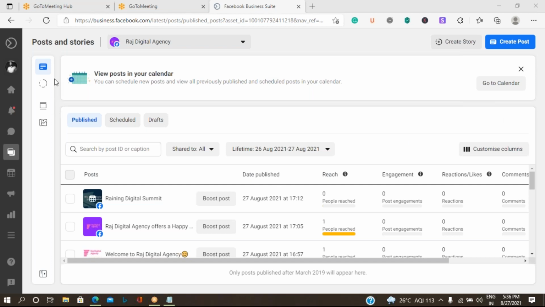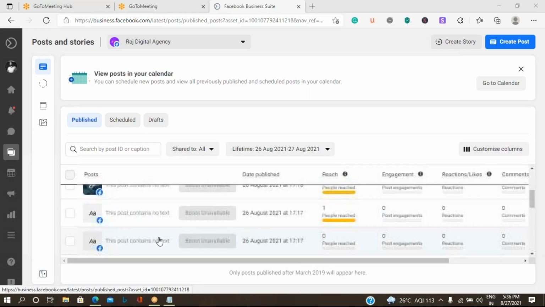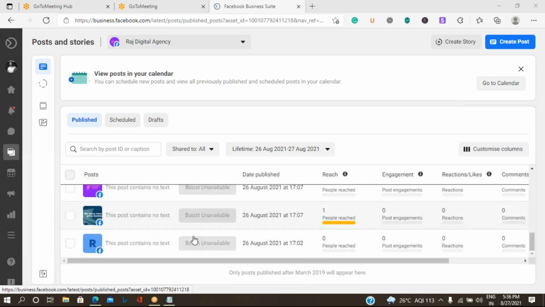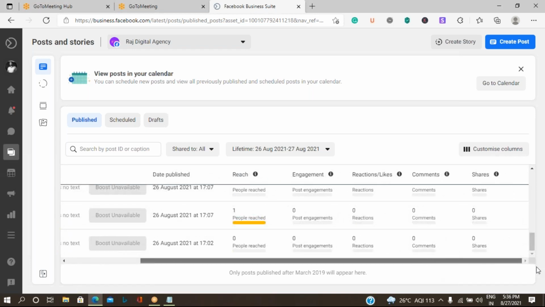and you will see this screen, which is called the post and story screen. Here we are supposed to click on create post. So till now, all the posts we have done on facebook.com, you can see those postings being shown over here. It also shows how many people have seen your post, how many clicked on that post and engaged, if they have liked it, and if they have commented on it. So all this report is going to be shown over here.